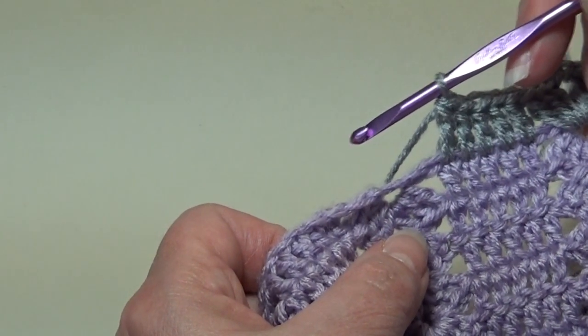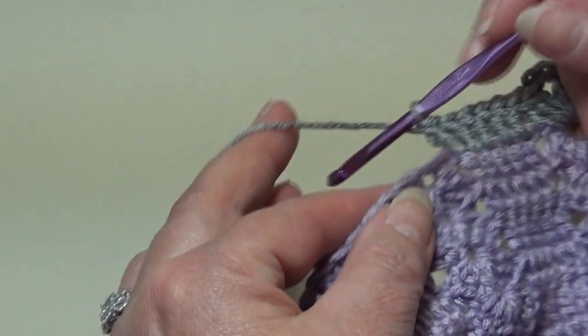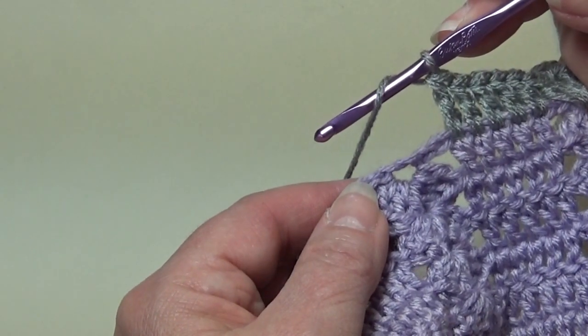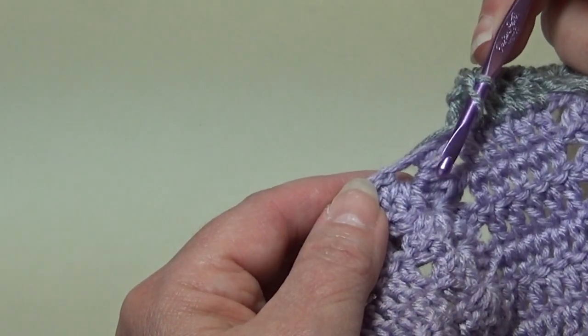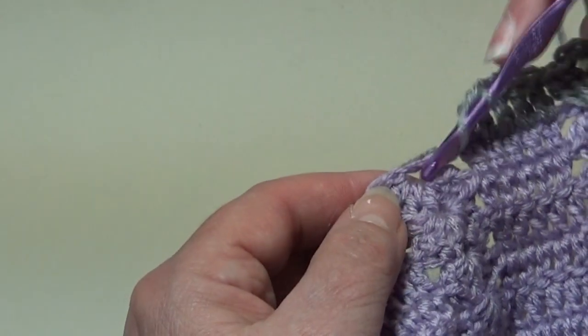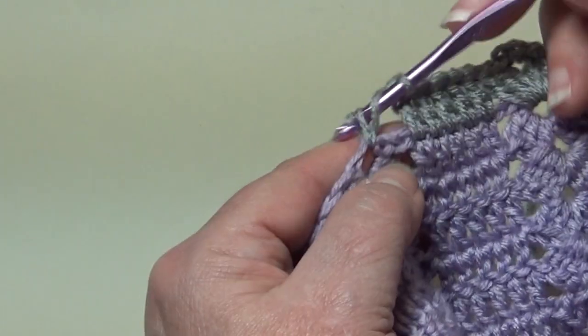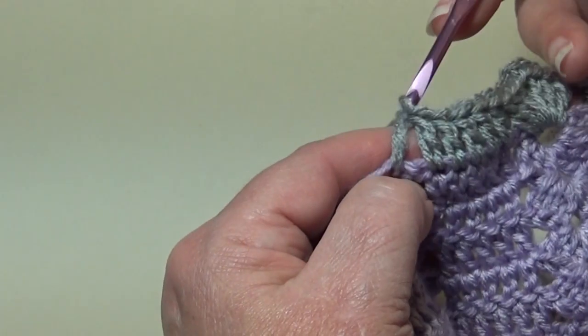I'm going to show you one more time, and then you can continue to the end. You're going to yarn over, this is the start of the repeat. You're going to work a shell stitch in the center base of that shell stitch, insert into the center base of that shell stitch, work 3 double crochet, there's 1,